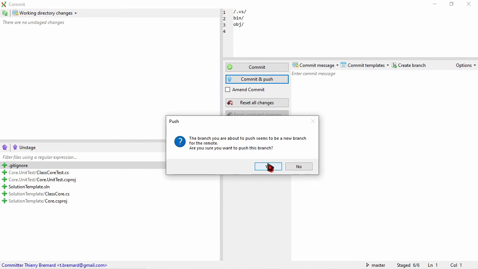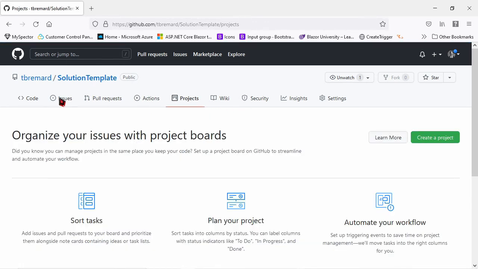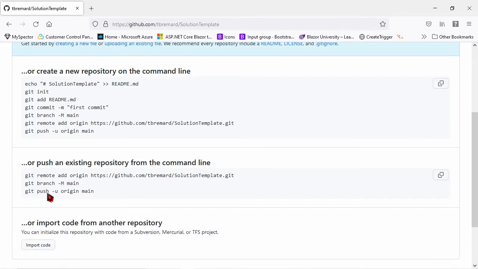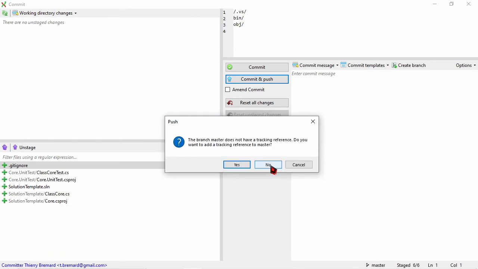So first, before clicking yes, I come back to the solution template here and you see the projects. It should be empty. Okay, it's empty. So now I'm going to push, yes. The branch master does not have a tracking reference. Do you want to add a tracking reference? Yes.